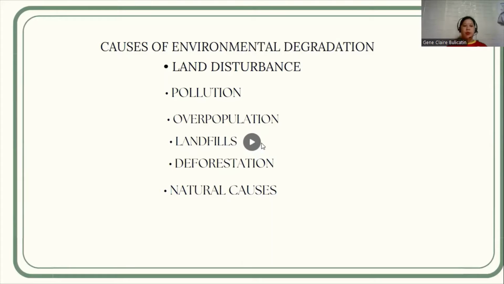Overpopulation. Rapid population growth puts strain on natural resources, which results in the degradation of our environment. Landfills. Landfills pollute the environment and destroy the beauty of the city. Landfills come within the city due to the large amount of waste that gets generated by the households, industries, factories, and hospitals. Deforestation. Deforestation is the cutting down of trees to make way for more homes and industries.